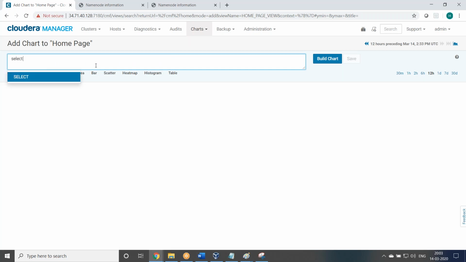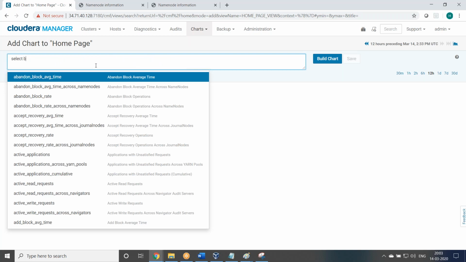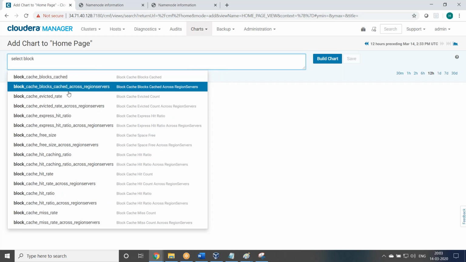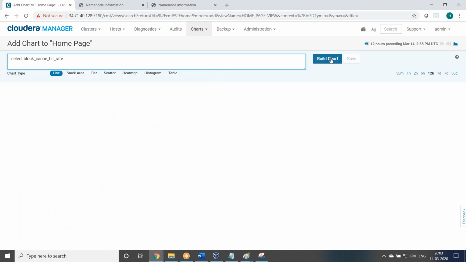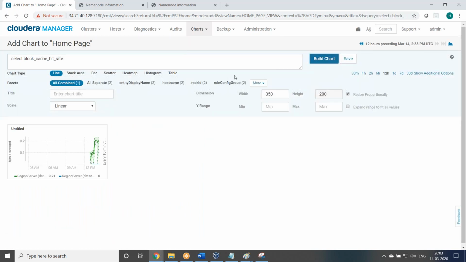Select, block, iterate something, okay. So build chart, repeat, block, iterate, scalar linear, okay.